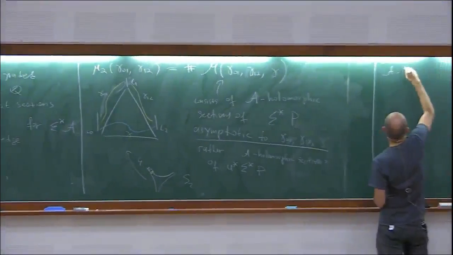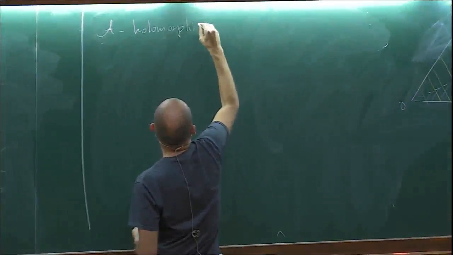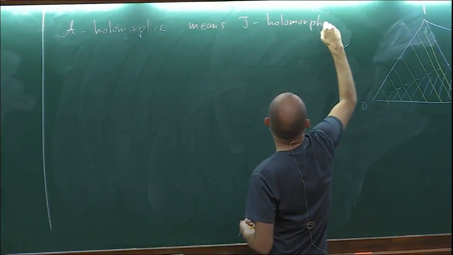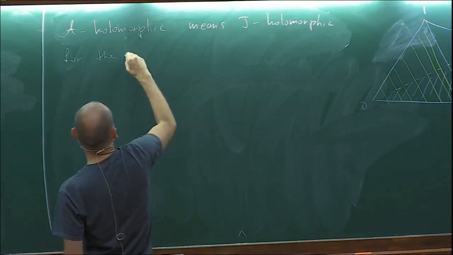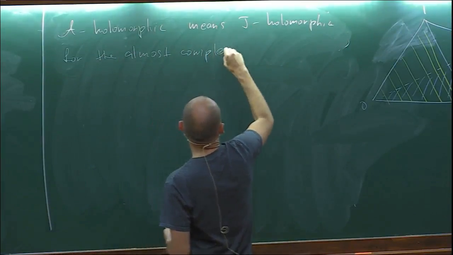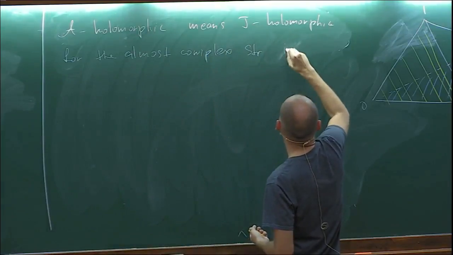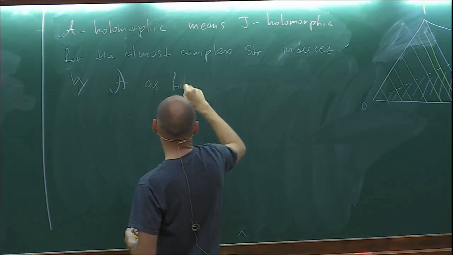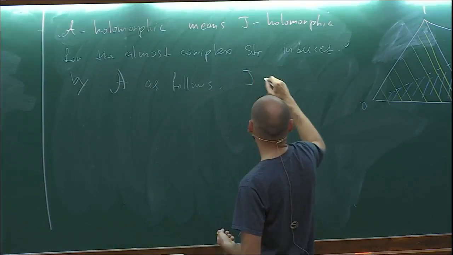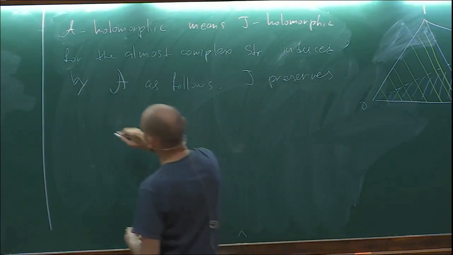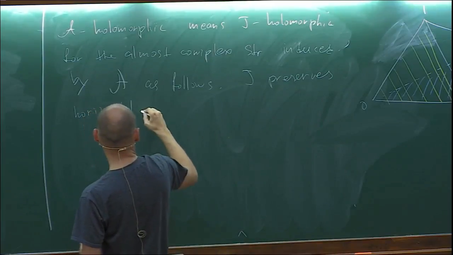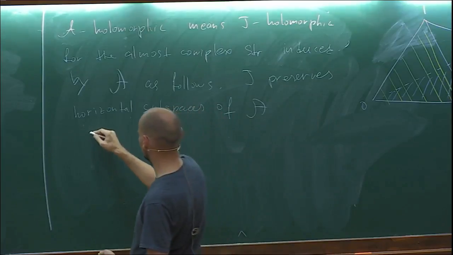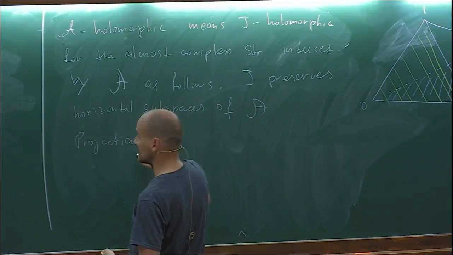So A-holomorphic means J-holomorphic for the almost complex structure induced by A as follows. J preserves horizontal subspaces of A. The projection from